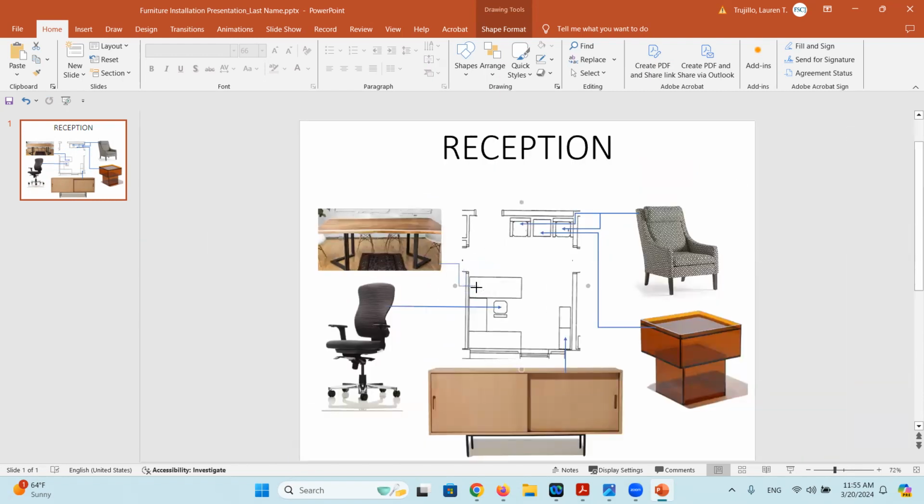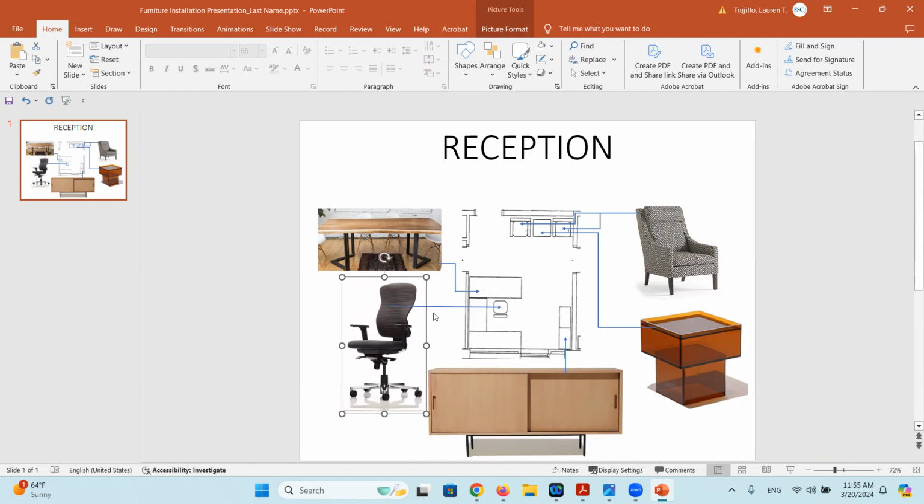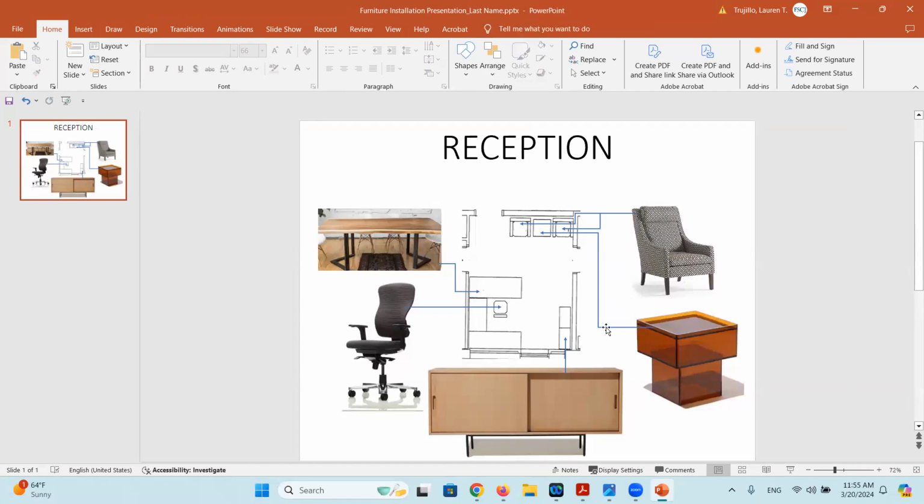So when we're bringing in leaders, we want to always have the leader lines as short as possible, because it just removes any visual clutter. You can see here, I could mess with these a little bit more. For example, I could move this chair over just a little bit more if I wanted to, and that would allow me to shorten this leader line a little bit. And I could shift these items over just a little bit if I wanted to, and it would reduce the length. So you can see here, that's helping out just a little bit.